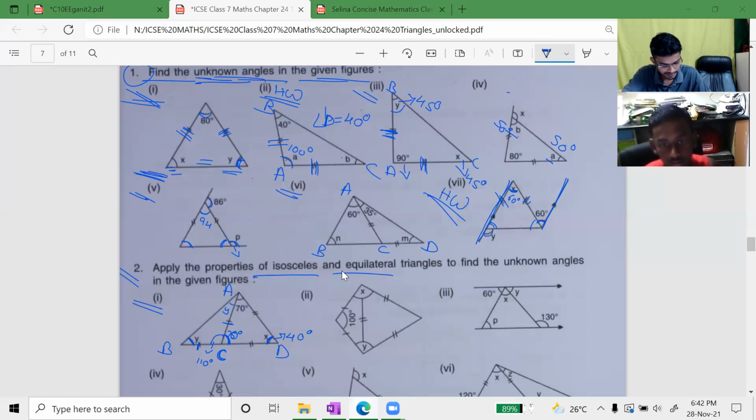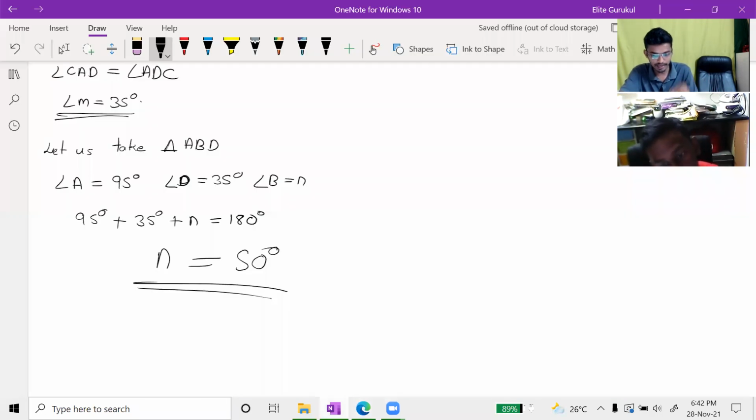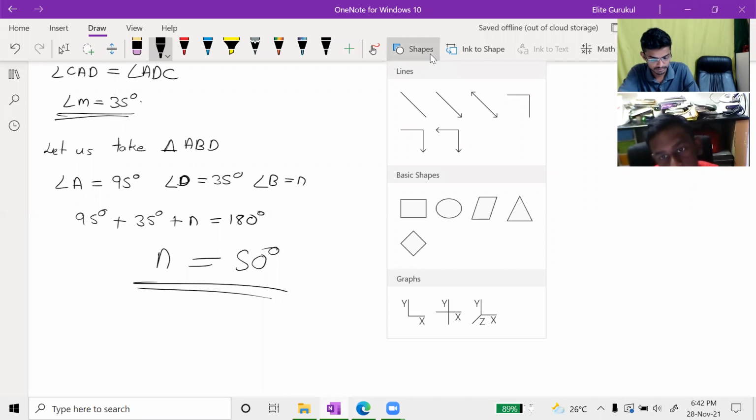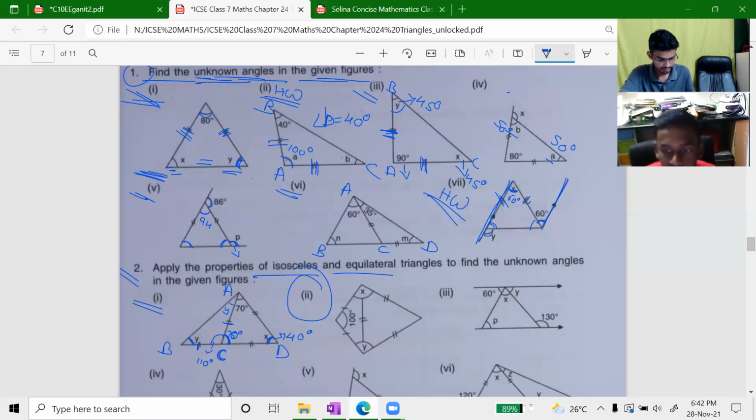See, the next diagram is quite confusing for you. If you see it directly, you will get confused. Now I will tell you what the diagram actually is. It is a diamond shape, no?